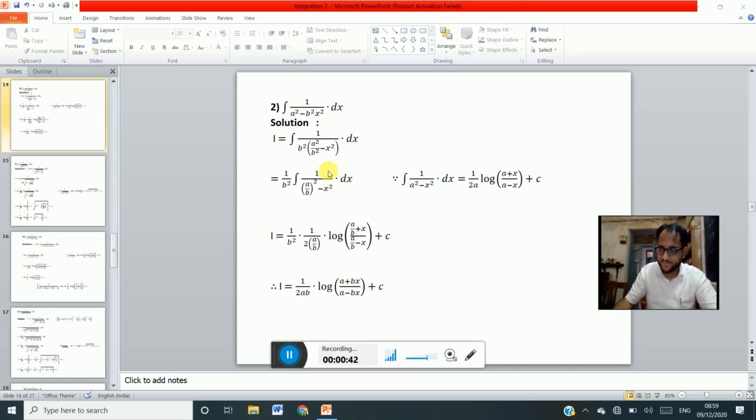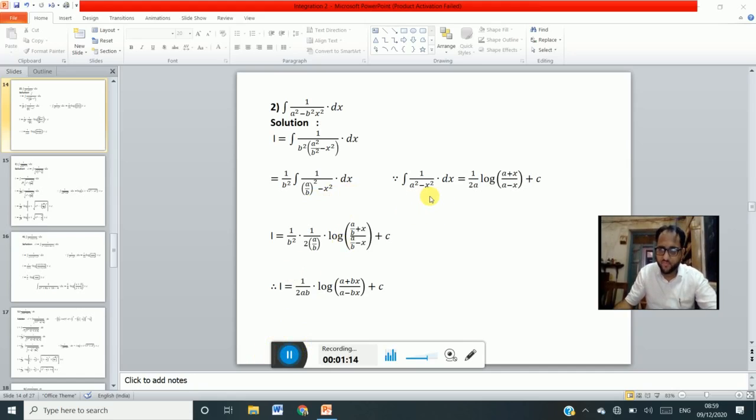Then in the second step, we get the standard form. If we do not get the standard form in this step, then we have to do the second step: divide the coefficient of x by 2, square that term, and add and subtract it in the denominator of the function. Then after simplifying, we get the standard form, right?